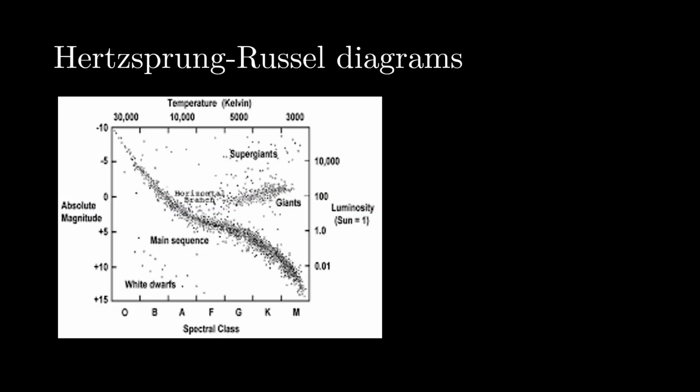The last thing in this chapter is the Hertzsprung-Russell diagram, which is basically just a diagram of temperature measured against luminosity for stars. So white dwarfs are very hot. They're around like 30,000 kelvins, but they also emit the lowest light. Main sequence stars are between white dwarfs and